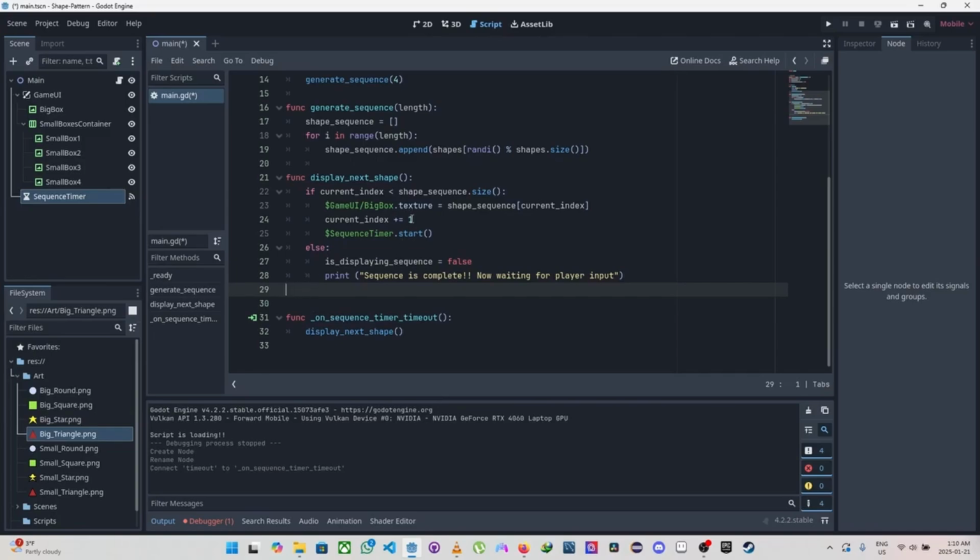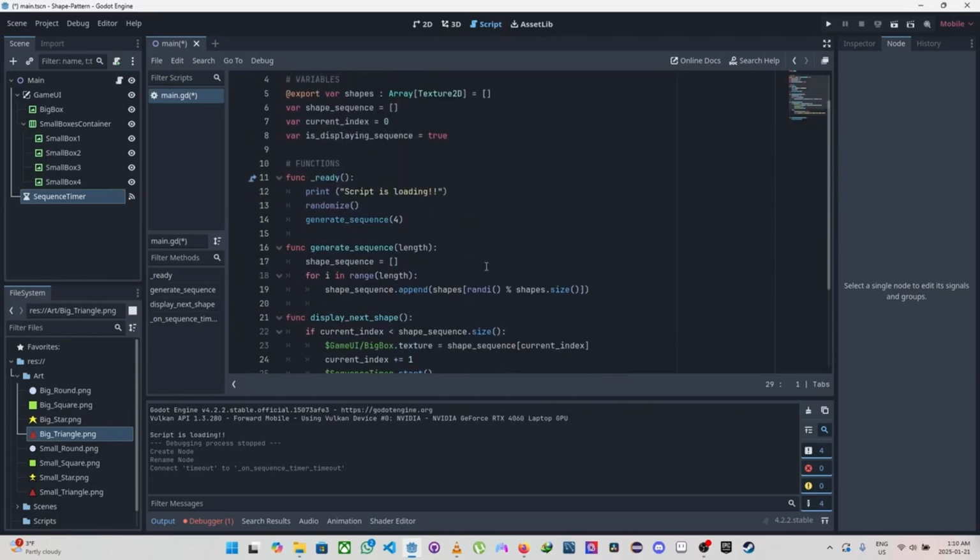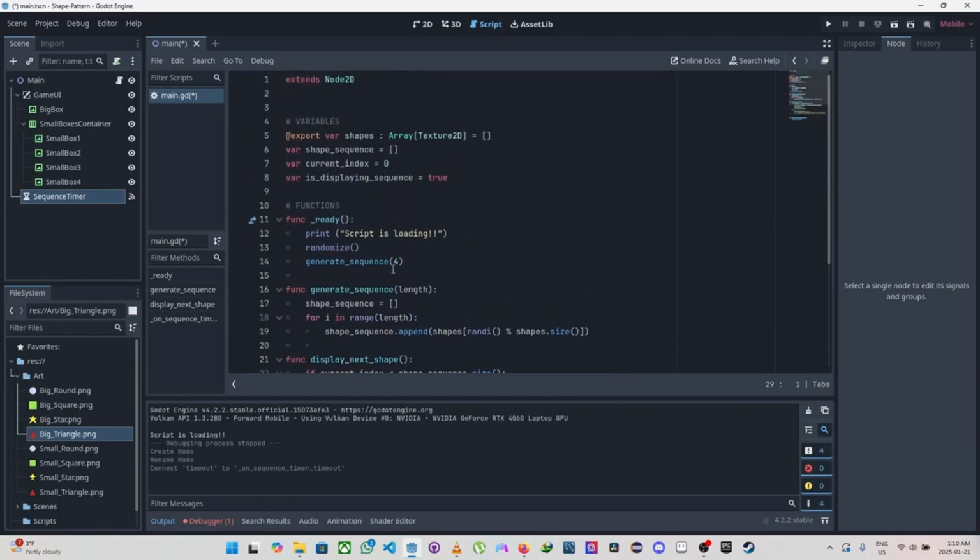After each shape, start the timer. After 1 second, display the next shape. After each shape, start the timer. So it's like a loop among these two functions here. And then let's see, we go to our function ready, and we